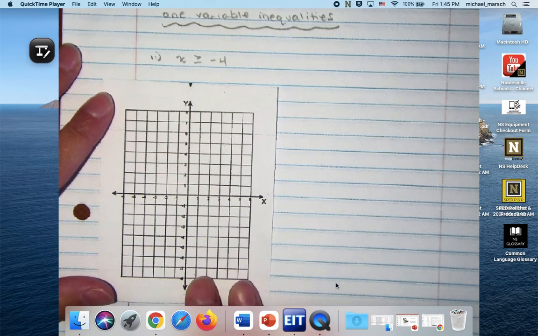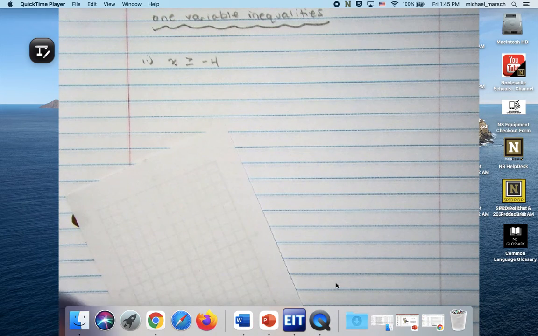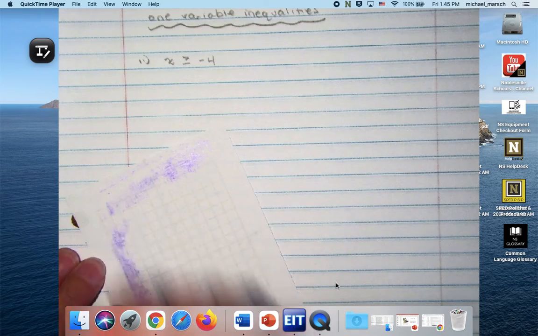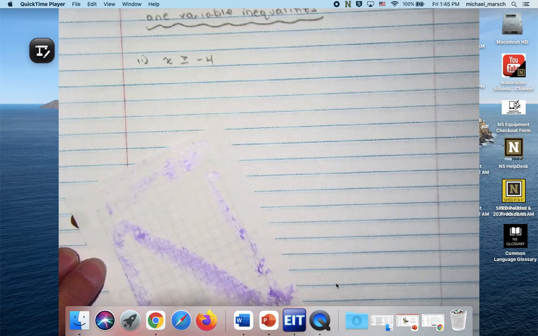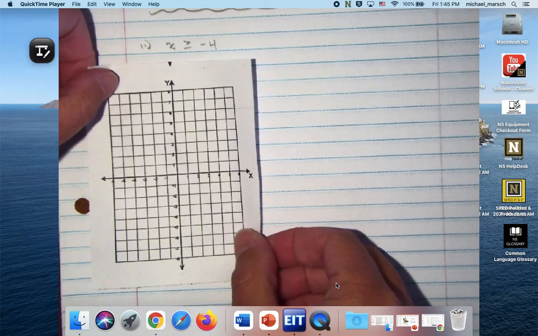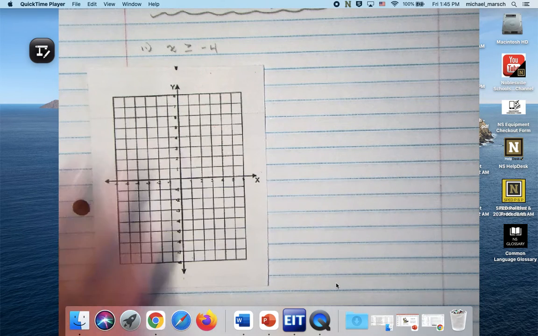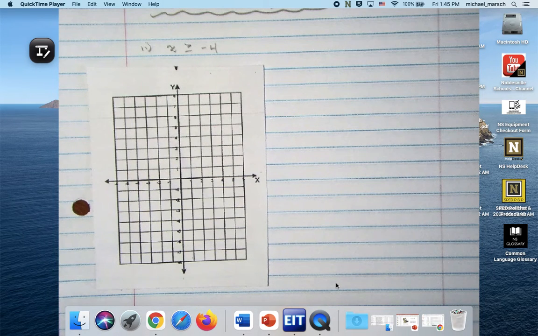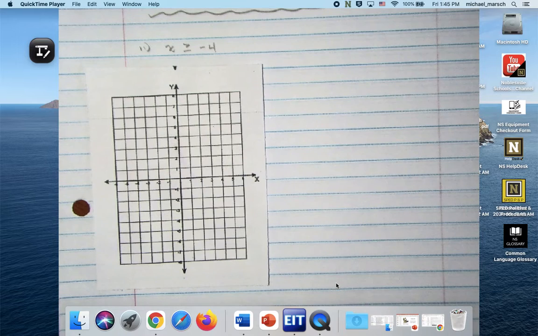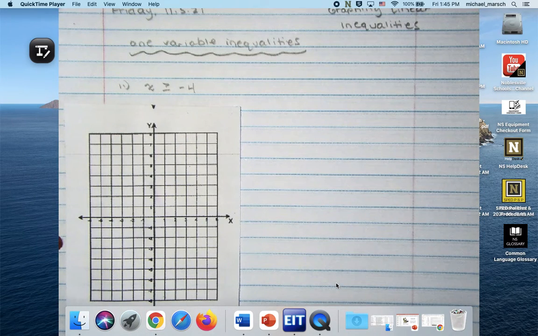I'm going to glue it a little bit over the pink line. So the way this works,